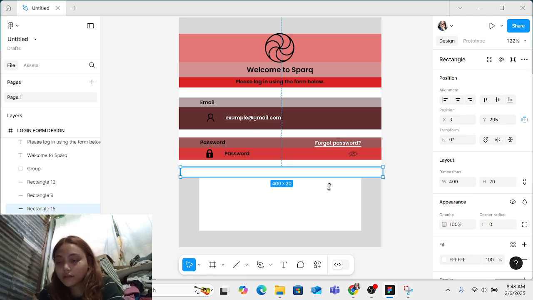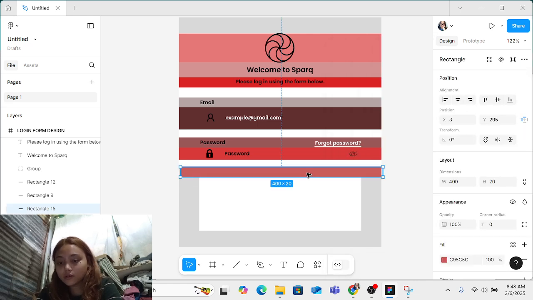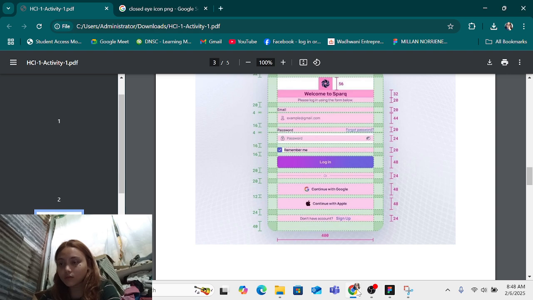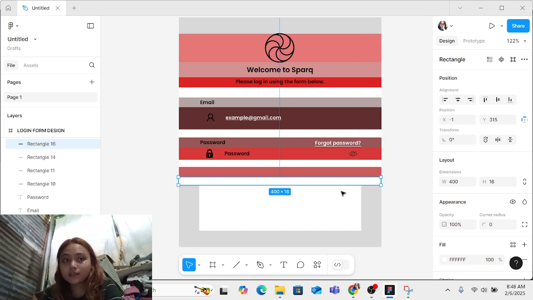Then let's change the color so we know that we can put something in there later. Okay. Next is another spacing for 16. It's here. Copy that and put it right there. Right. Space. And remain it as white.